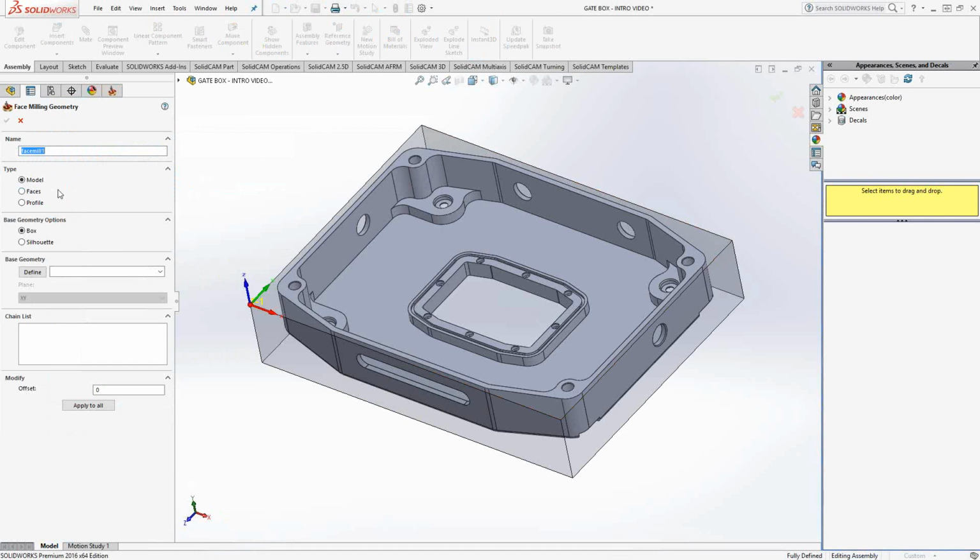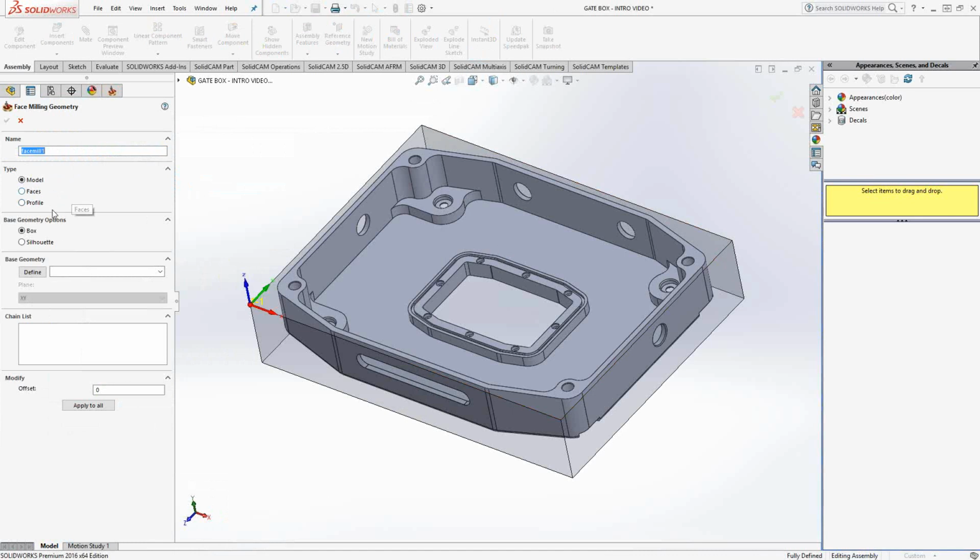toolpath. That being model or solid, so any 3D object, any 3D solid on the screen you can choose. Faces or surfaces. So really any face of the part, any just basic surface created in SolidWorks you can use here, or profile. Any chain, any contour, any solid edge of the part you can use in these selections. So let's go through each one by one, and we'll see how they use and the benefits of using one